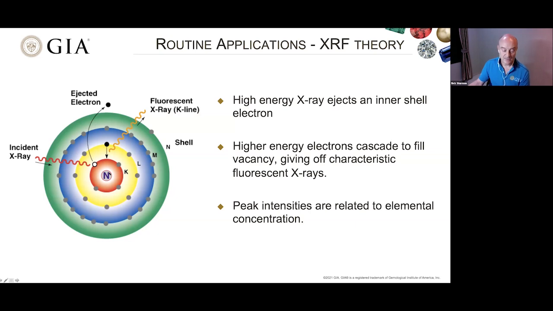So it's unstable, and therefore we have to restore the stability by an electron from a higher energy level dropping into the vacancy left by the original electron. The excess energy released as the electron moves between the two levels is emitted as secondary X-rays. The energy of the emitted X-ray is characteristic of the element and is collected by the semiconductor detector I showed in the last slide. Their different energies are sorted and then processed at high speed in a multi-channel analyzer. The resulting spectrum is then displayed for the user to interact with.